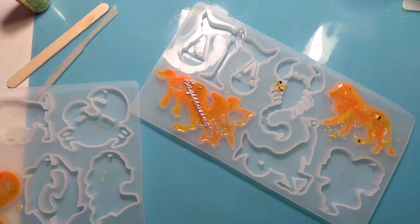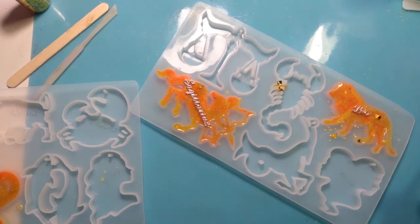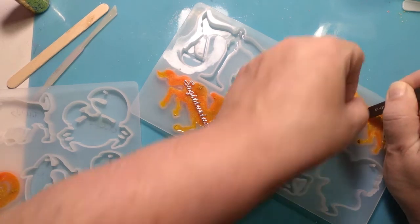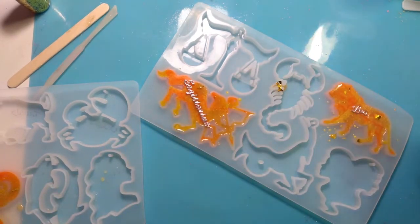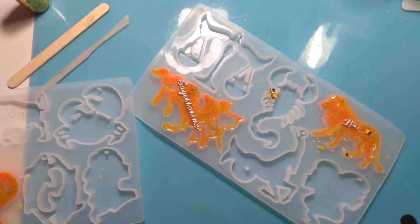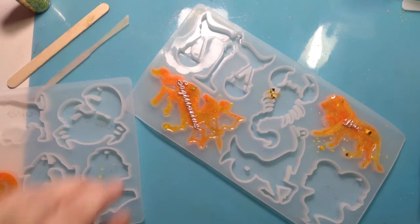And if that's the case, then it's okay. Because I can always let them be raised a little bit, which I really don't have a problem with doing. I found my Leo, and I'm just pushing him in there. It doesn't seem to matter how much I try not to put my fingerprints in there, they still go. But they've already kind of disappeared sort of from my Sagittarius. So okay,